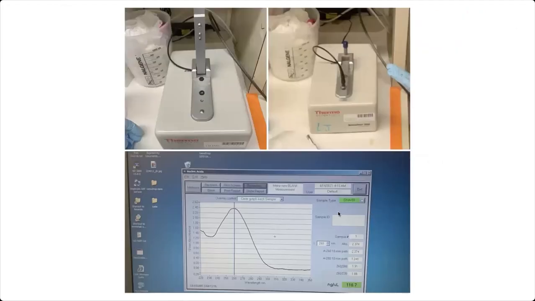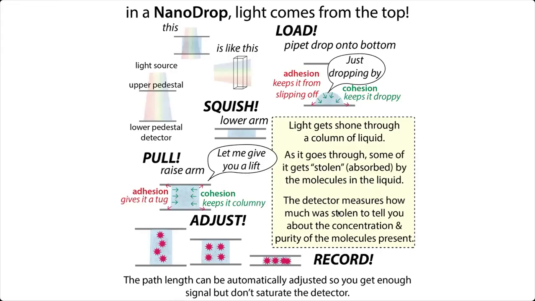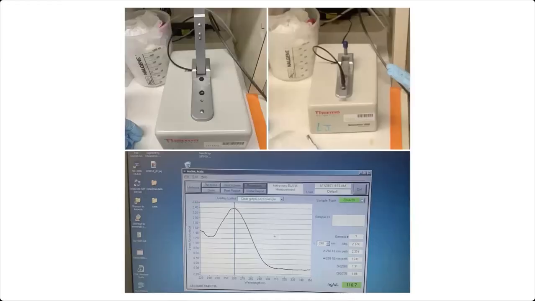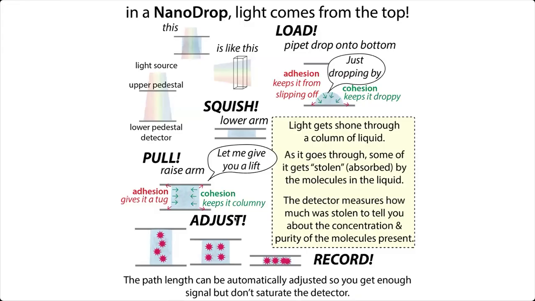Sometimes you might put that value directly into your machine, such as a nanodrop. So a nanodrop is like a normal spectrophotometer, in the sense that you're shining light through and measuring how much gets absorbed. But in this case, you're doing it on this tiny little pedestal in this tiny little minuscule column. And this is going to allow you to save your protein sample, so you don't have to use very much of it. You just put a little drop on it, you close the thing, and then it makes a little column